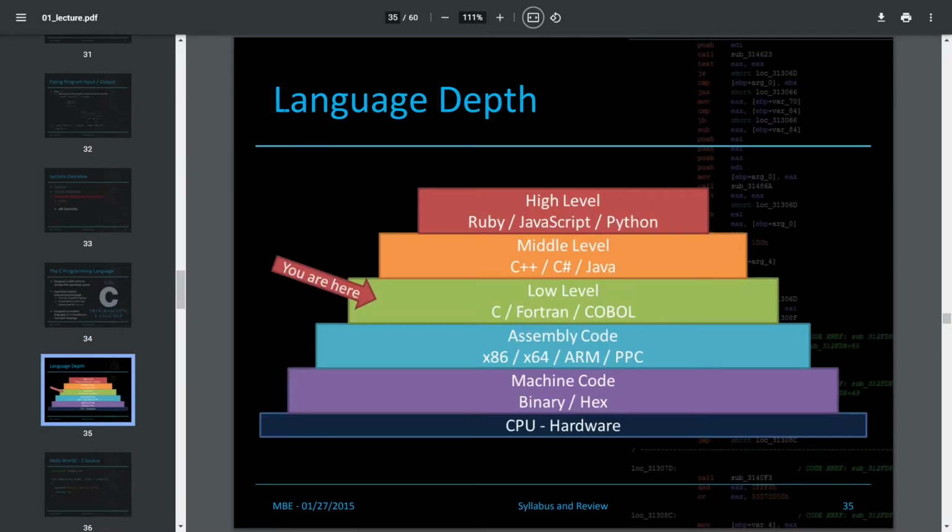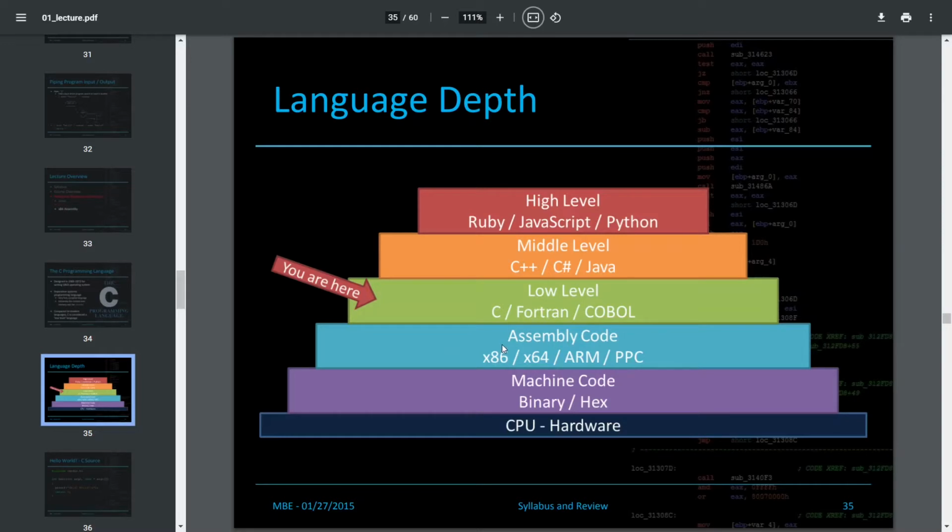So the language depth is shown here. While we are working on C language, we are here. This is called low level language, and this is the assembly code, and this is the machine code, and then the hardware comes. So wherever we see the hex format, that is the machine code, and the assembly code is more on the